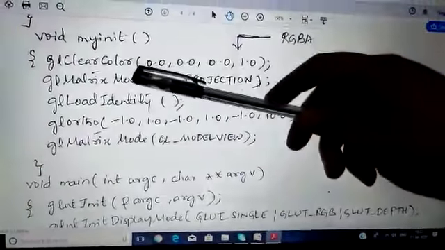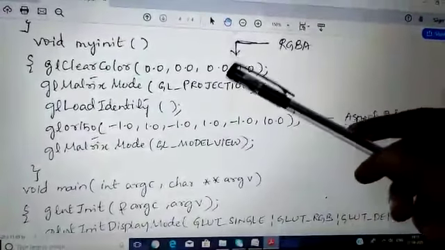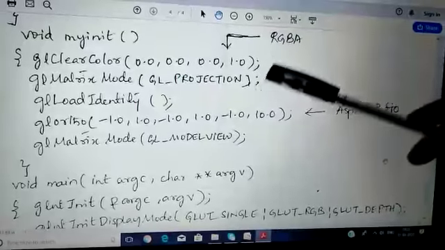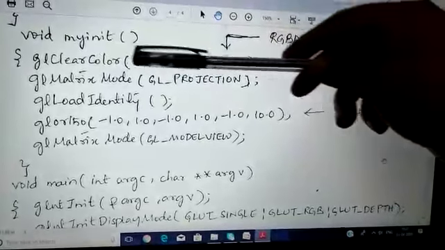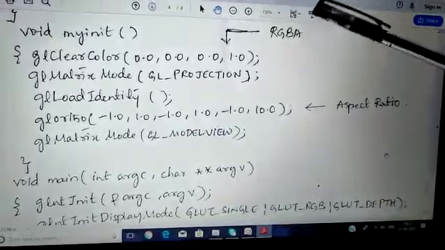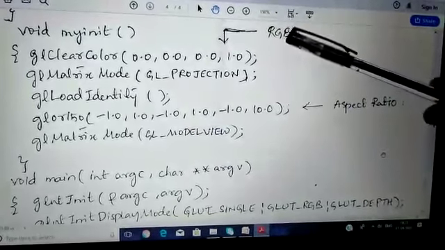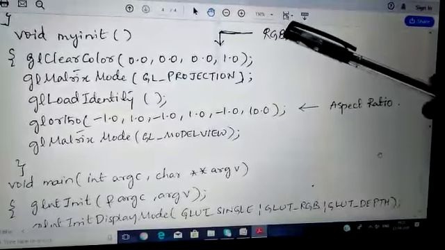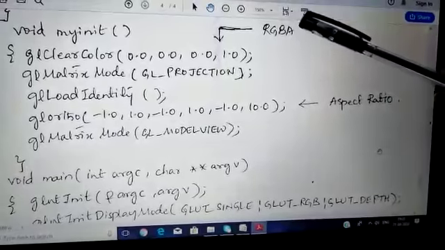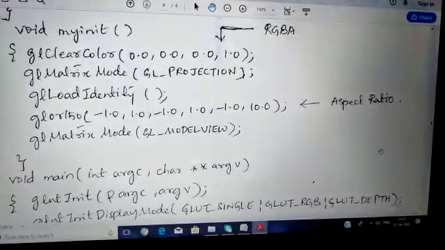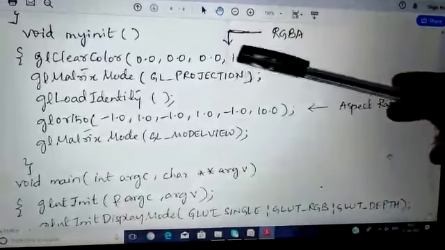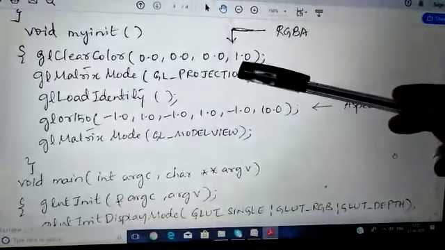If you come to the myInit function, here importantly we deal with the view of that particular object and giving color to that particular object. With clear color, we are clearing all the buffers with respect to RGBA, that is we are providing the color in the full color format, that is RGB, along with the transparency of the object, that is the alpha parameter. Then we have the projection matrix with respect to GL_PROJECTION, which is a built-in function of OpenGL again.